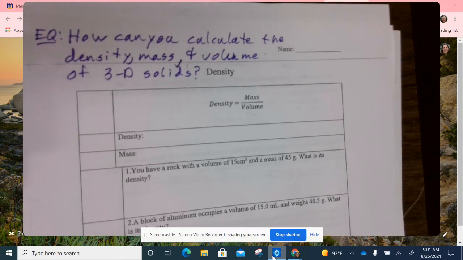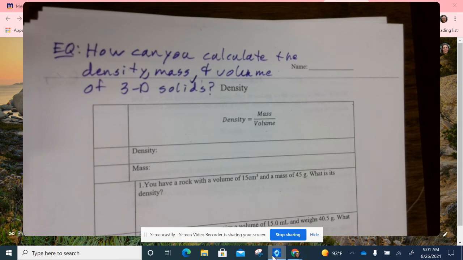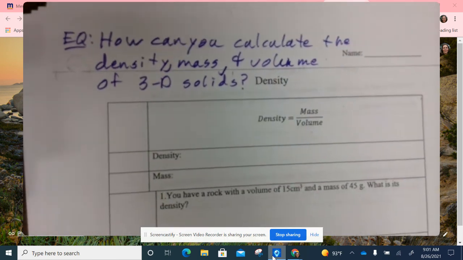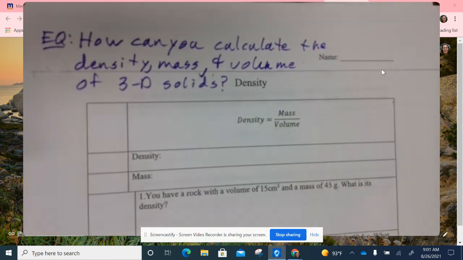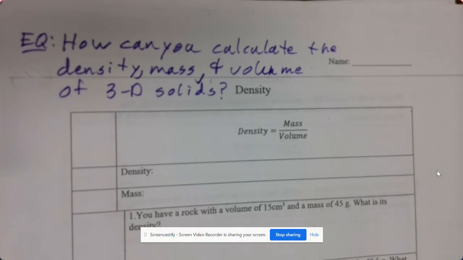Morning. So I'm going to go over our density notes. How can you calculate the density, mass, and volume of a 3D solid? Just so you know, with the notes, definitely go ahead and pause them if you need to or go back. Okay, so with density, everybody, what we say is density is going to be equal to